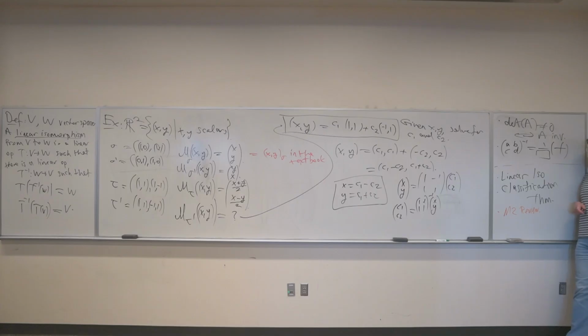And what was the rule for 2 by 2s? Well, you flip A and D. So instead of A, now I have D. Instead of D, now I have A. B and C are fixed, but you put minuses in front. So now this is minus B, this is minus C. Okay? And here is the number which is AD minus BC, the determinant. Okay, this was the rule for 2 by 2s.